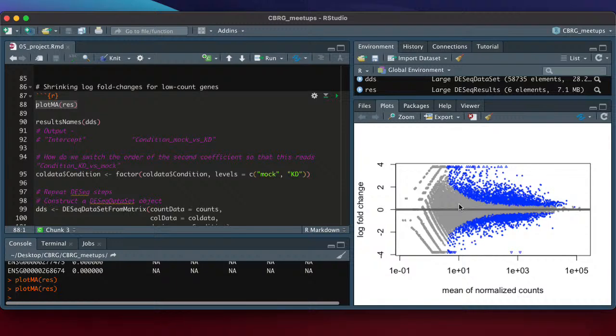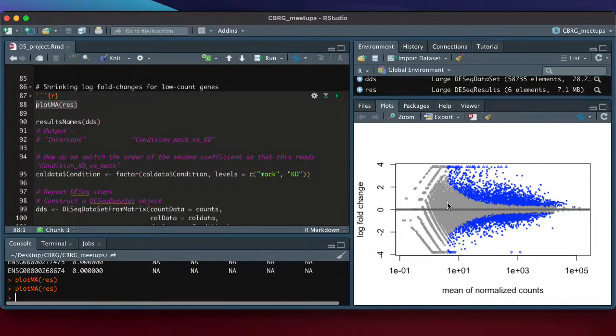It sounds kind of silly, but these naive estimates of log fold changes that DESeq2 gives us aren't particularly reliable when it comes to low normalized counts. It's kind of like when you do Western blot analysis and you get really excited that you have a 10-fold change, but if you look at the actual raw data, the bands are super faint. Do you really trust those data? Or if you do qPCR and you get a 10-fold change, but the CTs are in the 30s. Do you really trust that data?